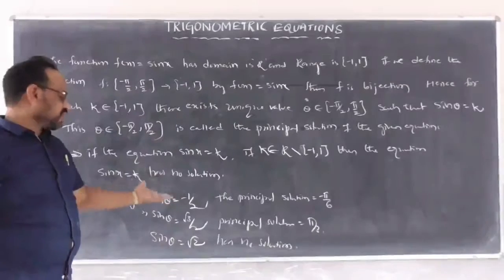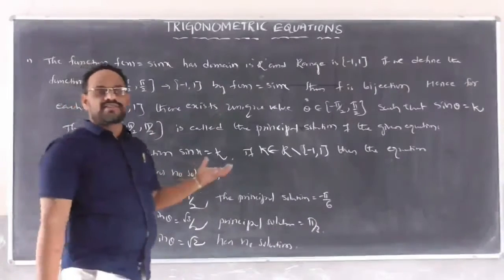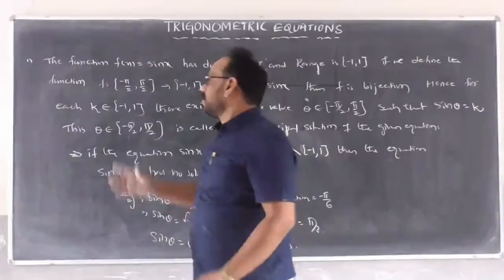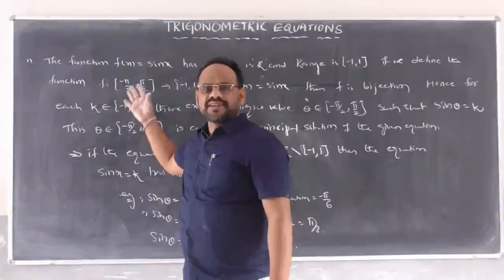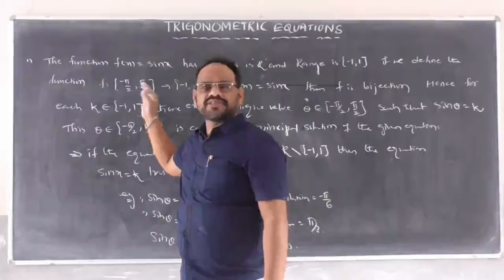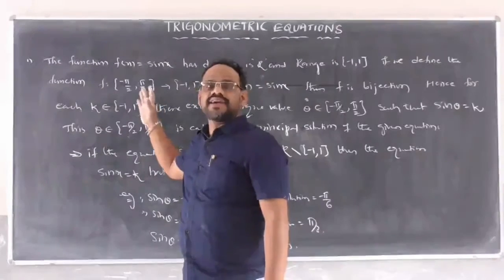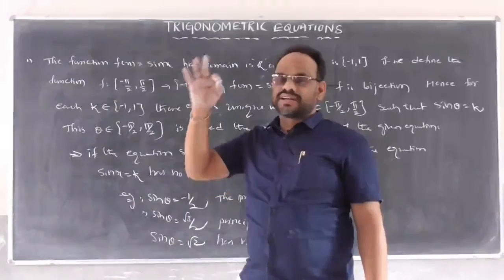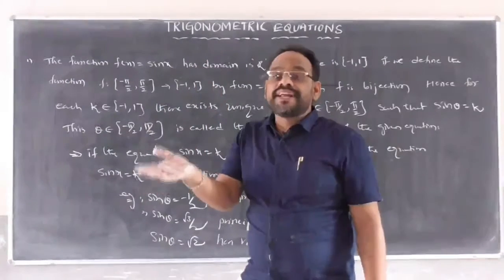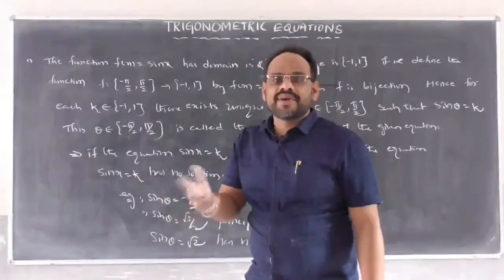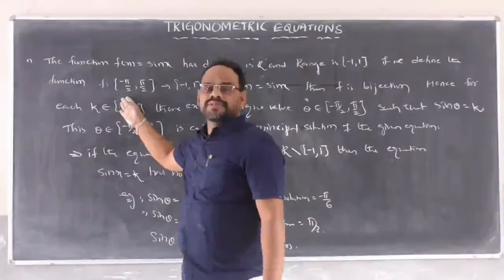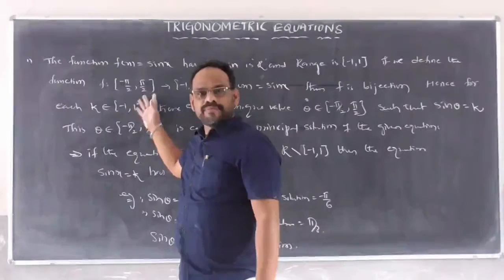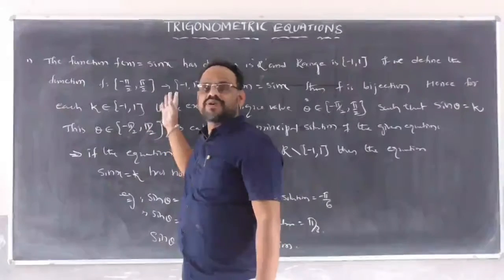Observe here, when do trigonometric functions have principal solutions and solutions? We already know that if you take the trigonometric function f of x equals sin x, the domain is real numbers and the range is the closed interval minus 1 to plus 1. If we define the function f from the closed interval minus pi by 2 to plus pi by 2 to the closed interval minus 1 to plus 1,